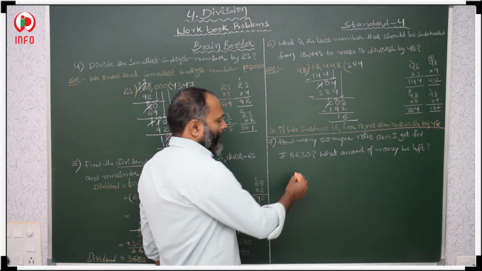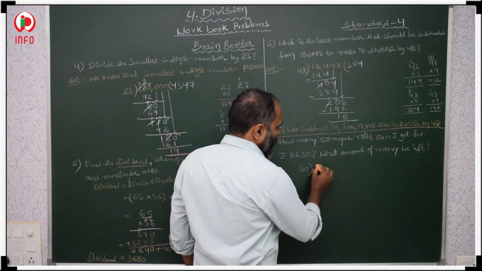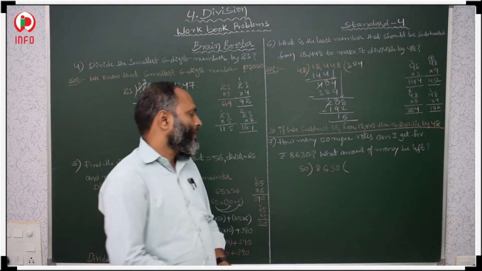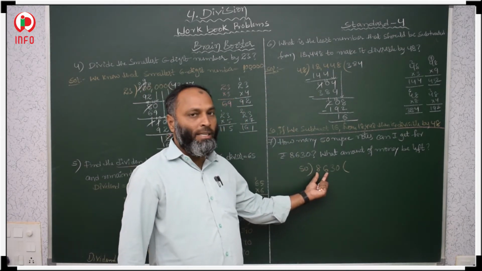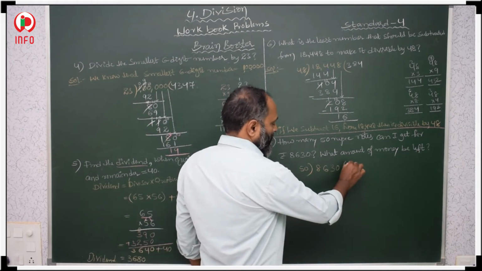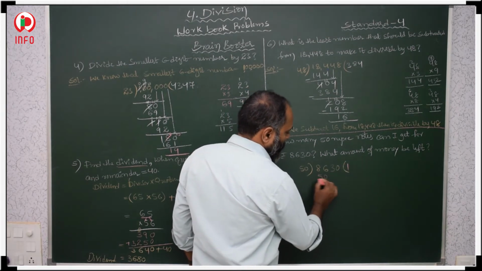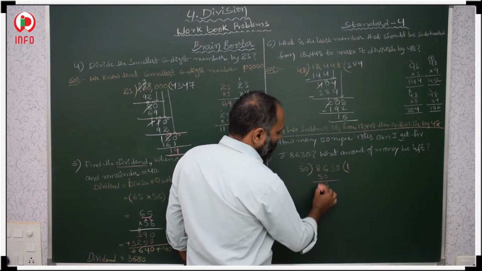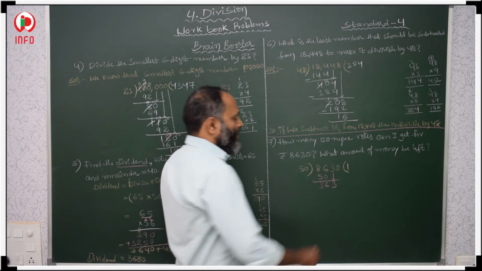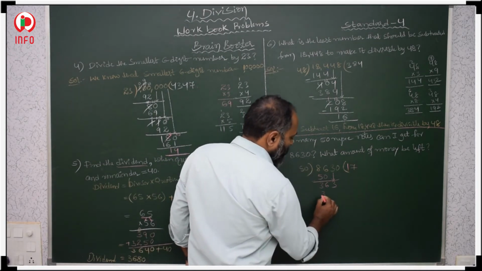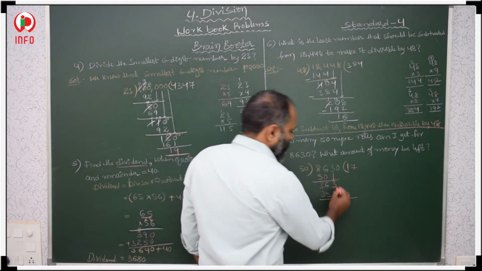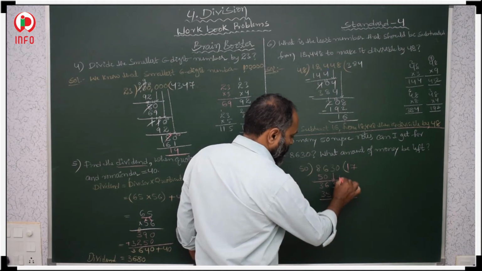Okay. Then 50 divided into 8,630 rupees. First we have to take the starting two digits, 86. 86 is greater than 50. 50 ones are 50. Then 6, 3. And again we have to take the next digit. Then 50 sevens are 350. The 50 table is very easy. 350. Then 3, then 1, and after that 0.